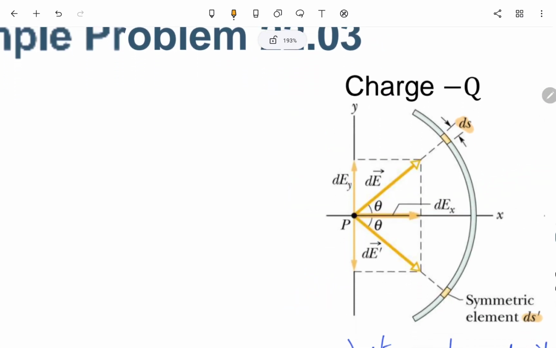a negative charge, which means that, for example, ds will generate an E field at point P pointing to the top right. And similarly, this ds prime will generate the de prime pointing to the bottom right. So this is de, this is the symmetrical part de prime. If we do the decomposition into the x and y axis components, we can see that dex, the x-axis component, will add, and the y-axis component,